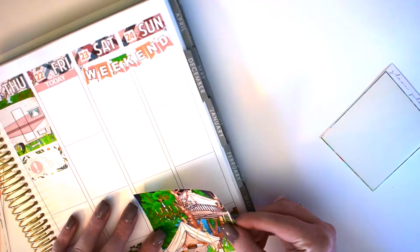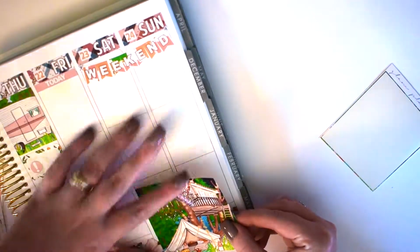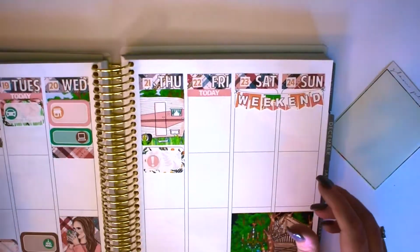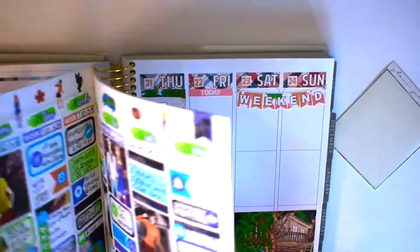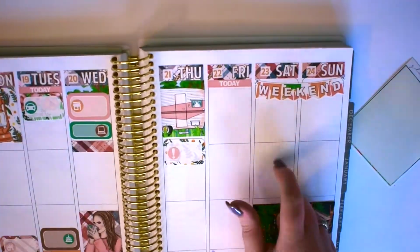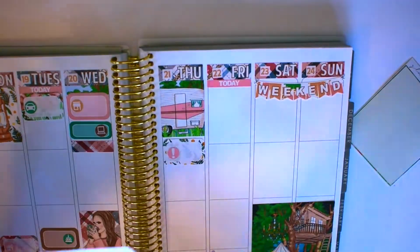So now I'm finally committing to that double box. It was a very stressful situation, let me tell you. I've never used one, but I really like how it came out actually, and it was not hard to put down. It was okay. And it would have been a mess if I would have had to take it up because I put it down over a sticker over the washi. So, yes. So I went ahead and checked the